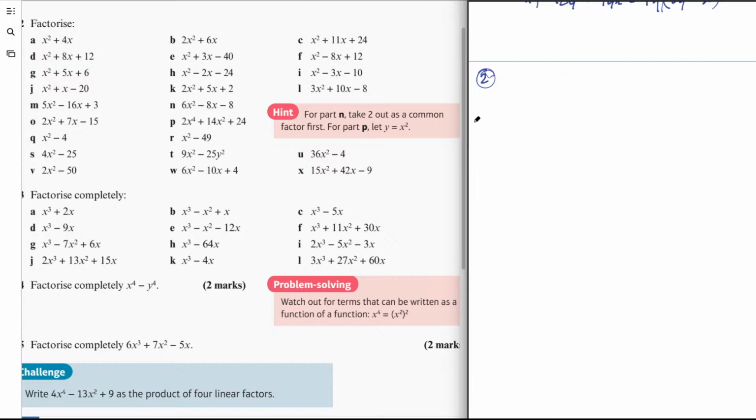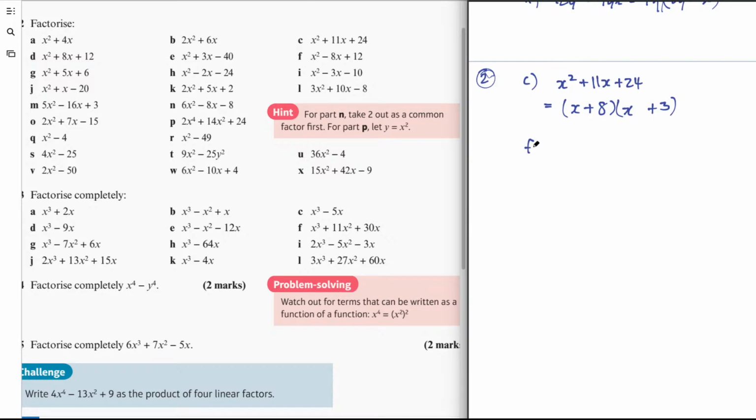Exercise 2, part C, x squared plus 11x plus 24. We want to factorize this. Look for factors of 24 that make 11. So factors of 24 are 8 and 3, and they will add to 11. So I'll just jump straight to that. x plus 8 multiplied by x plus 3, that would expand to x squared plus 11x